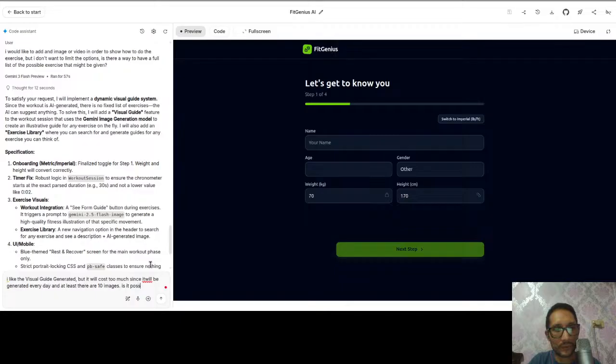Is it possible to store? I don't know if it'll be easy to store. Here is the complication, but let's store it locally, and if the exercise is repeated, just use that image again.